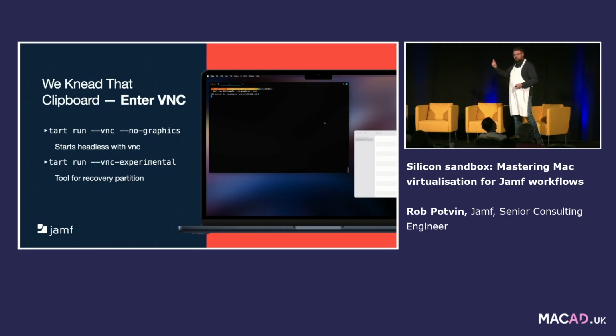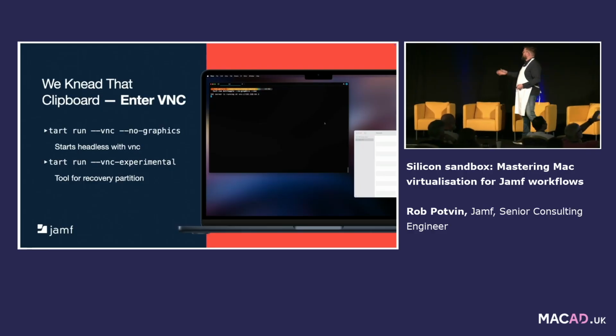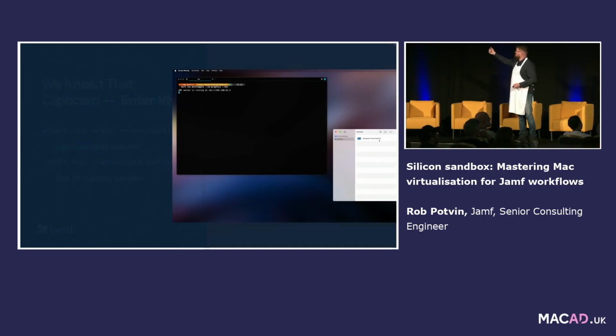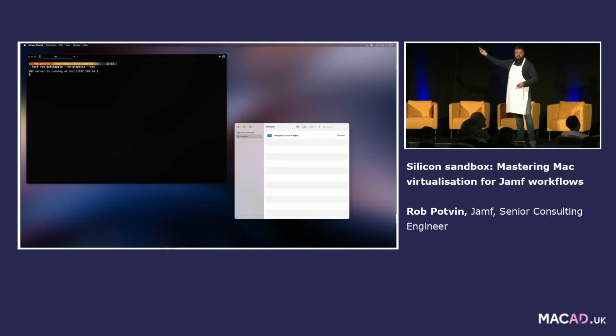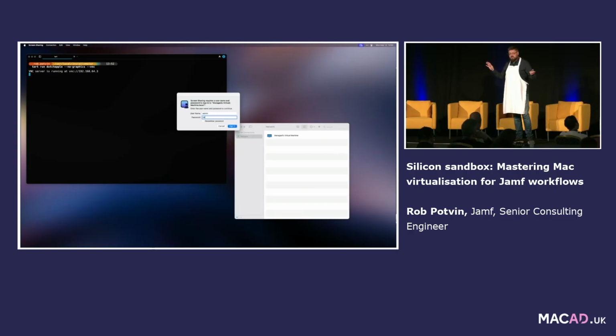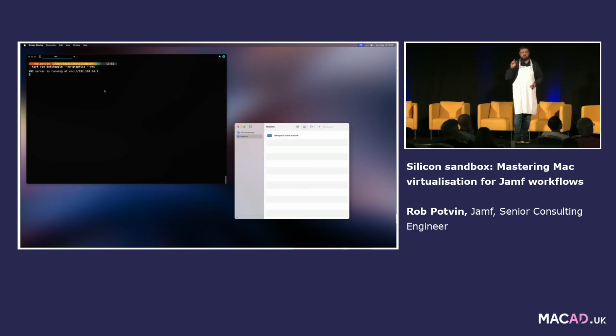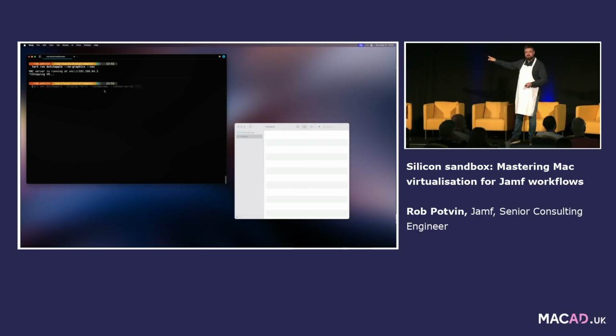no graphics. I should have put an audio clip in that time, but no graphics. And what will happen is you can see here in the command line, it's going to just start the VM here and then just output an IP address. It's fully headless. And then I can see it in my screen sharing and connect to it. So you could even run this remotely on a Mac, SSH into the Mac, run it, connect to VNC, use it. Ever been on an iPad and just really wanted to test something on a Mac? You can. Just SSH into a Mac, run it, connect to VNC.